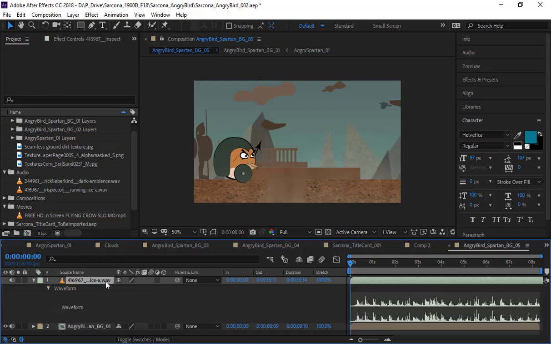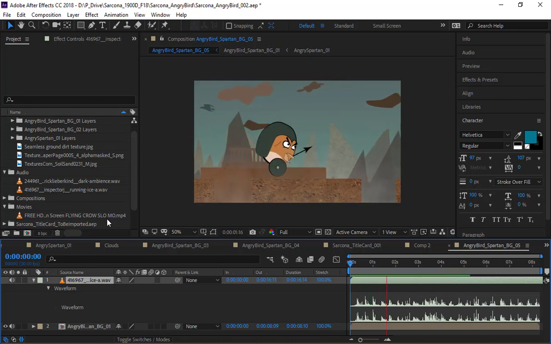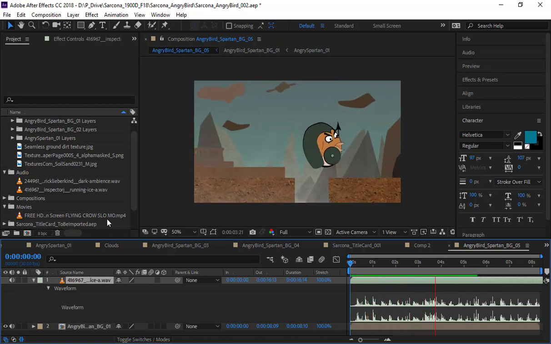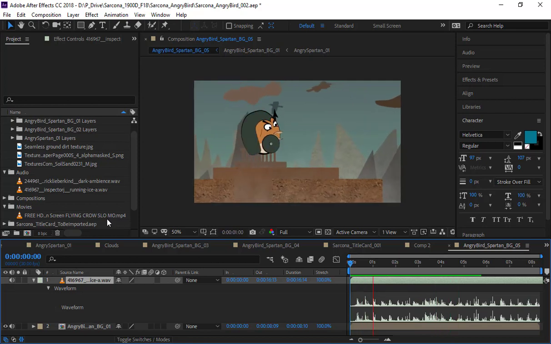If I double-click the L key, it'll show me what the wave file looks like. That's what my crunches look like. I don't want all of those crunches because that's not going to make sense. If I hit play, that doesn't make sense. I need to sync up the sound effect to what I want to happen, okay? So what I do first,